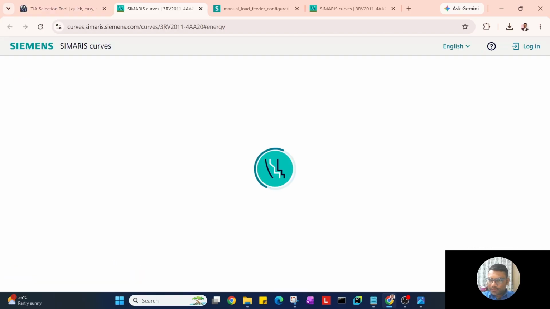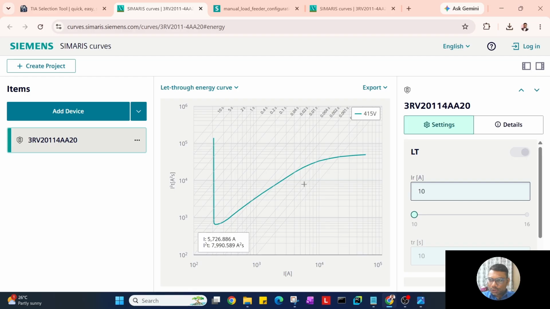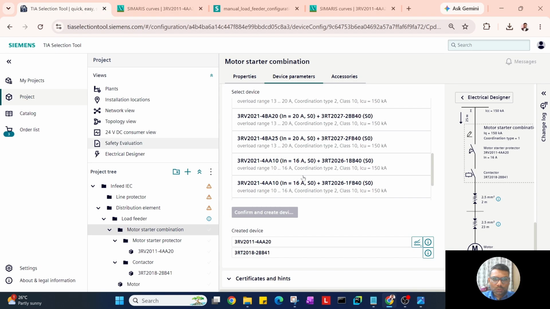So a secondary window launches showing the live interactive electronic time current tripping curve graph for that exact circuit breaker. This is incredibly useful for engineers who need to perform manual discrimination studies, or verify exactly how fast the breaker will trip during a thermal overload versus a massive magnetic short circuit fault. Okay, then now as promised earlier, we'll go back to